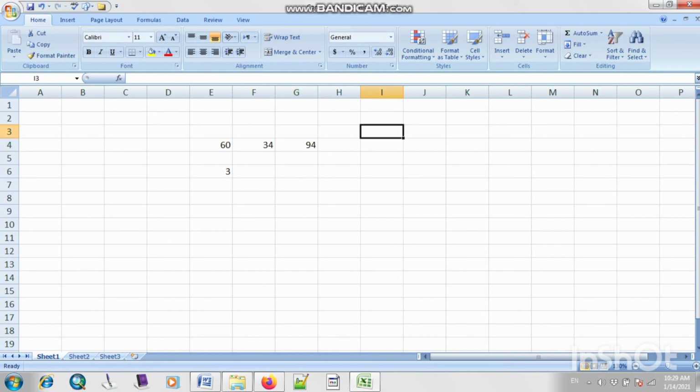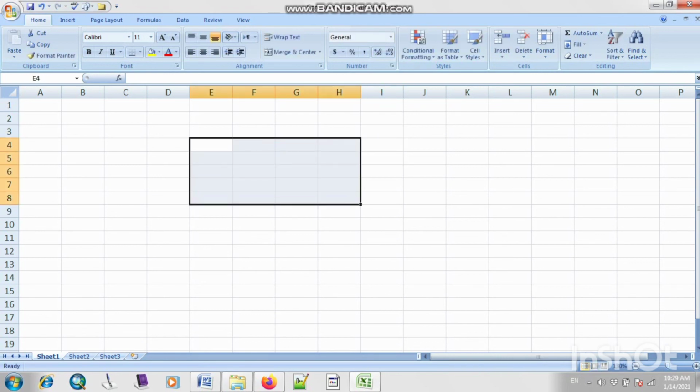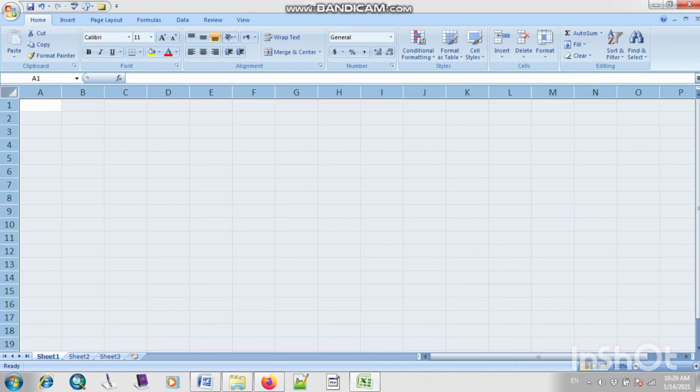So let me ask a question from all of you, can we highlight or can we apply colors to the worksheet? Is it possible? Right. So this is also possible to represent your work in color. We can use it. So let me select all cells. I have clicked on this option of all cells.